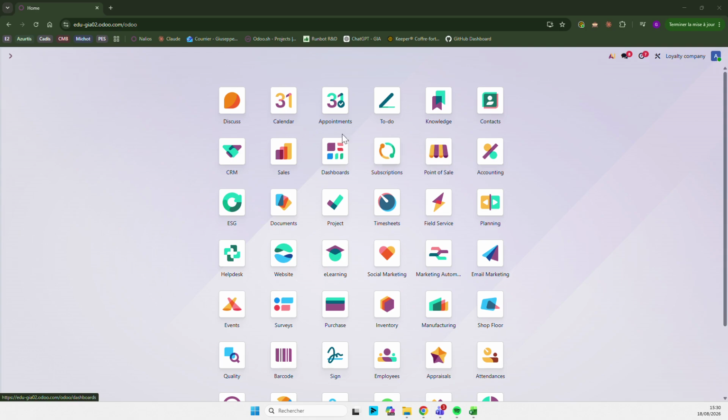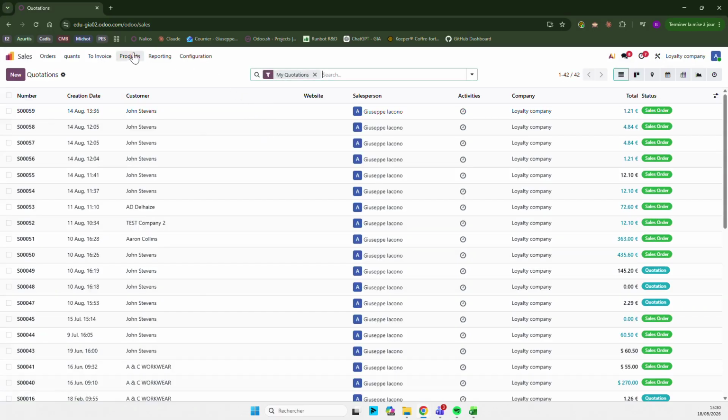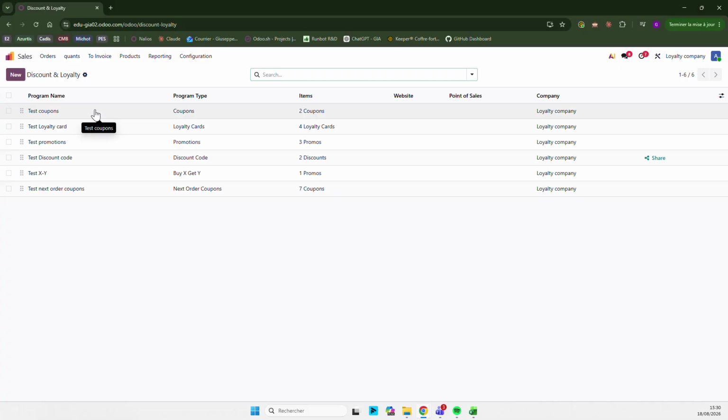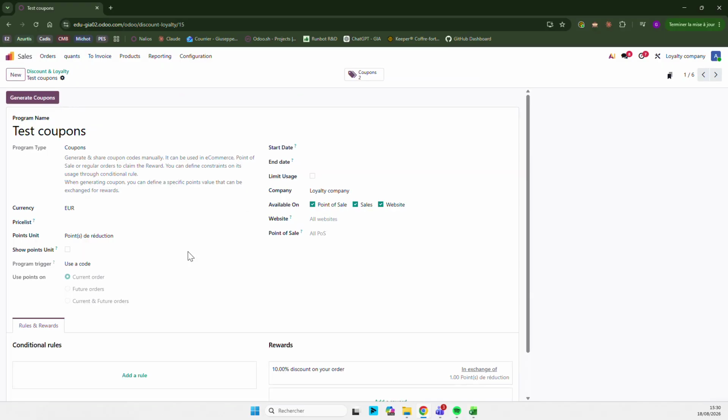To do so, once again, you can go through the Sales app or the Point of Sale app to go to your discount and loyalty program. And here we are going to go through every reward that I set up on each program type that we saw in the previous videos. Let's start with the coupons. And in this first